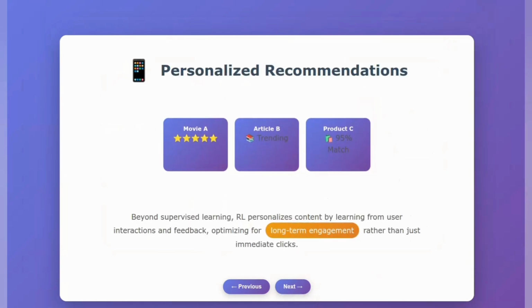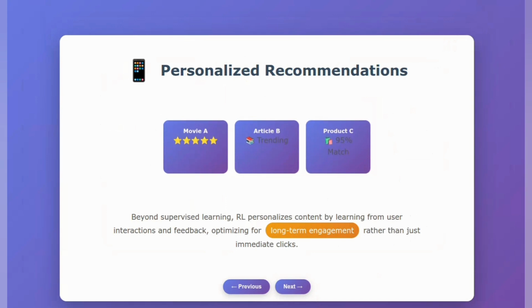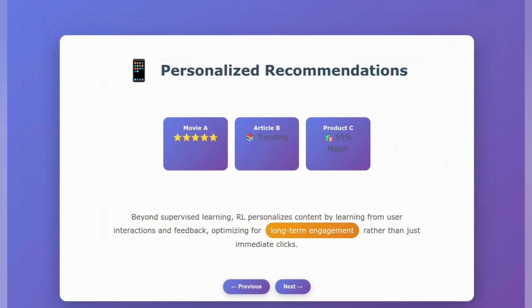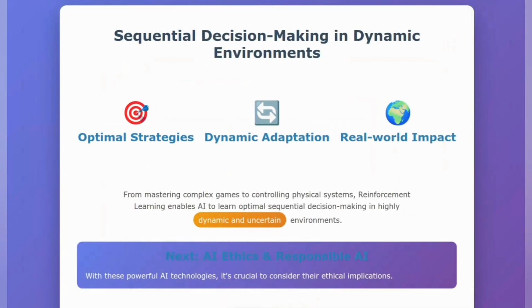Even in areas like personalized recommendations, beyond what we discussed with supervised learning, RL can personalize content by learning from user interactions and feedback, optimizing for long-term engagement or satisfaction rather than just immediate clicks. From mastering complex games to controlling real-world physical systems, RL is enabling AI to learn optimal sequential decision-making in highly dynamic and uncertain environments. With all these powerful AI technologies, it's crucial to also consider their ethical implications, which is